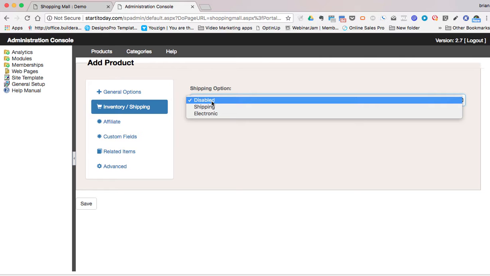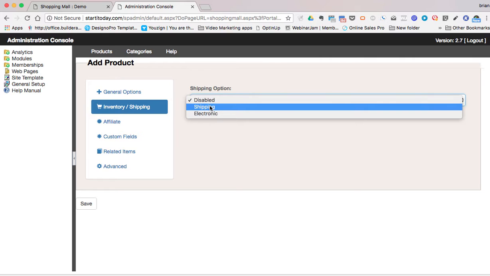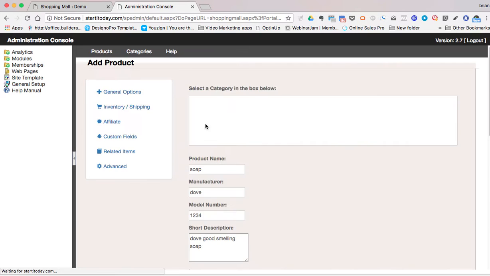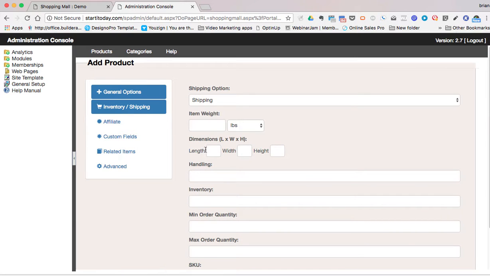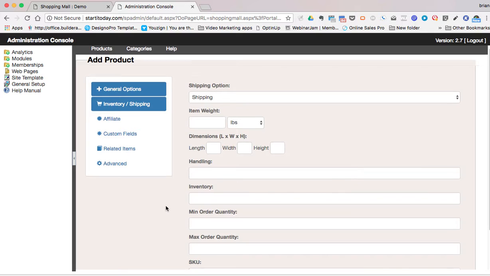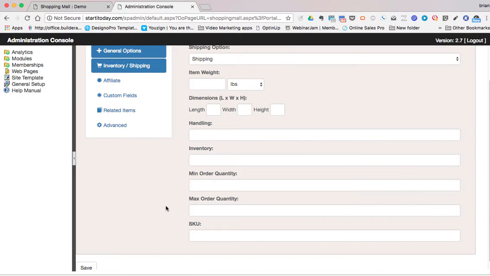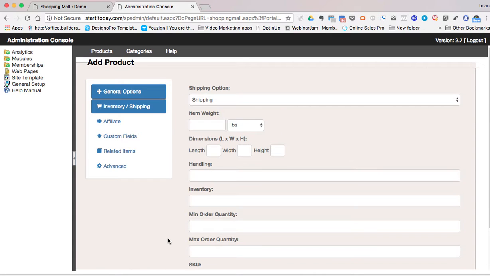There is a tutorial that we'll add later on adding shipping. What you do is put it there. It'll open up the shipping, how much it weighs, and so on and so forth. You can put all that information here for shipping, and there's another category that you do before that,